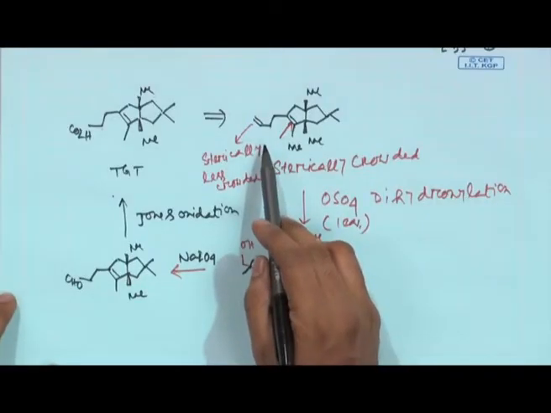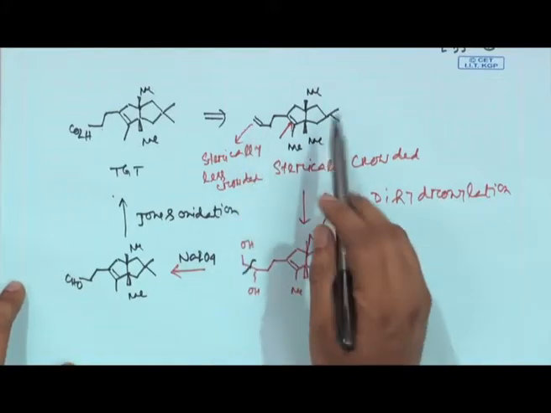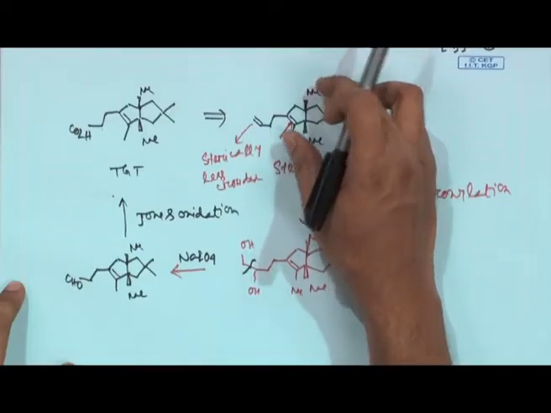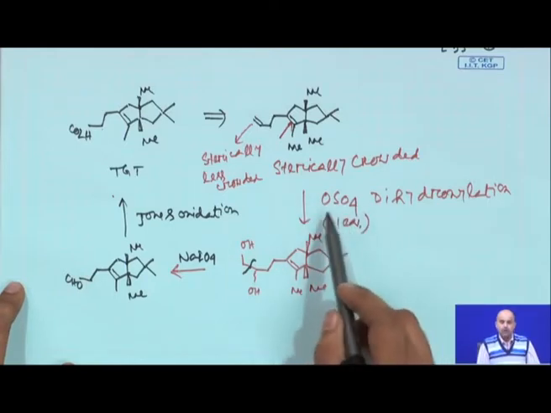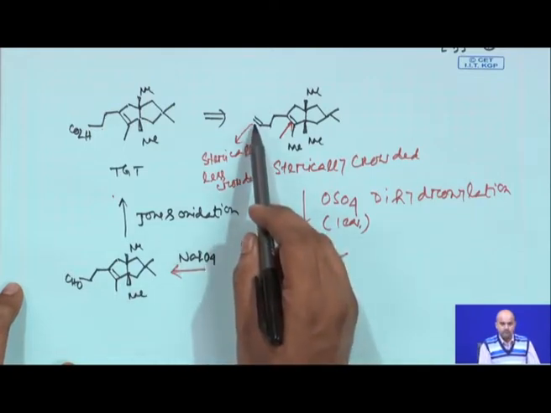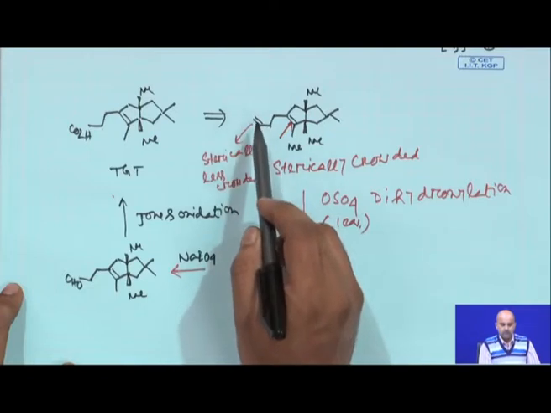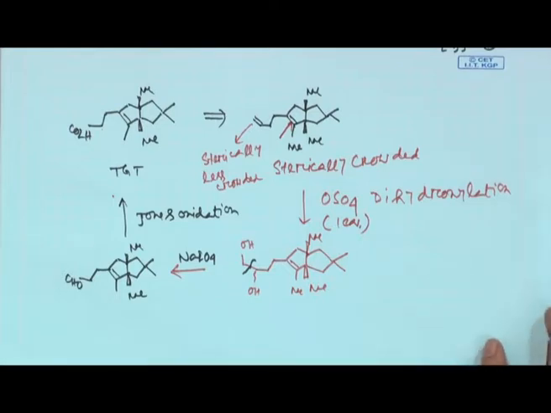So, what did we basically do? We did a regiochemical based oxidation, or regioselective oxidation, at this terminal olefin. We took the help of the steric congestion, or sterically crowded environment, of this particular olefin. So, use a stoichiometric oxidant, one equivalent only, and then you can selectively dihydroxylate the double bond, and then you chop it or cleave it to get the aldehyde. Then this aldehyde was oxidized to get the corresponding carboxylic acid.